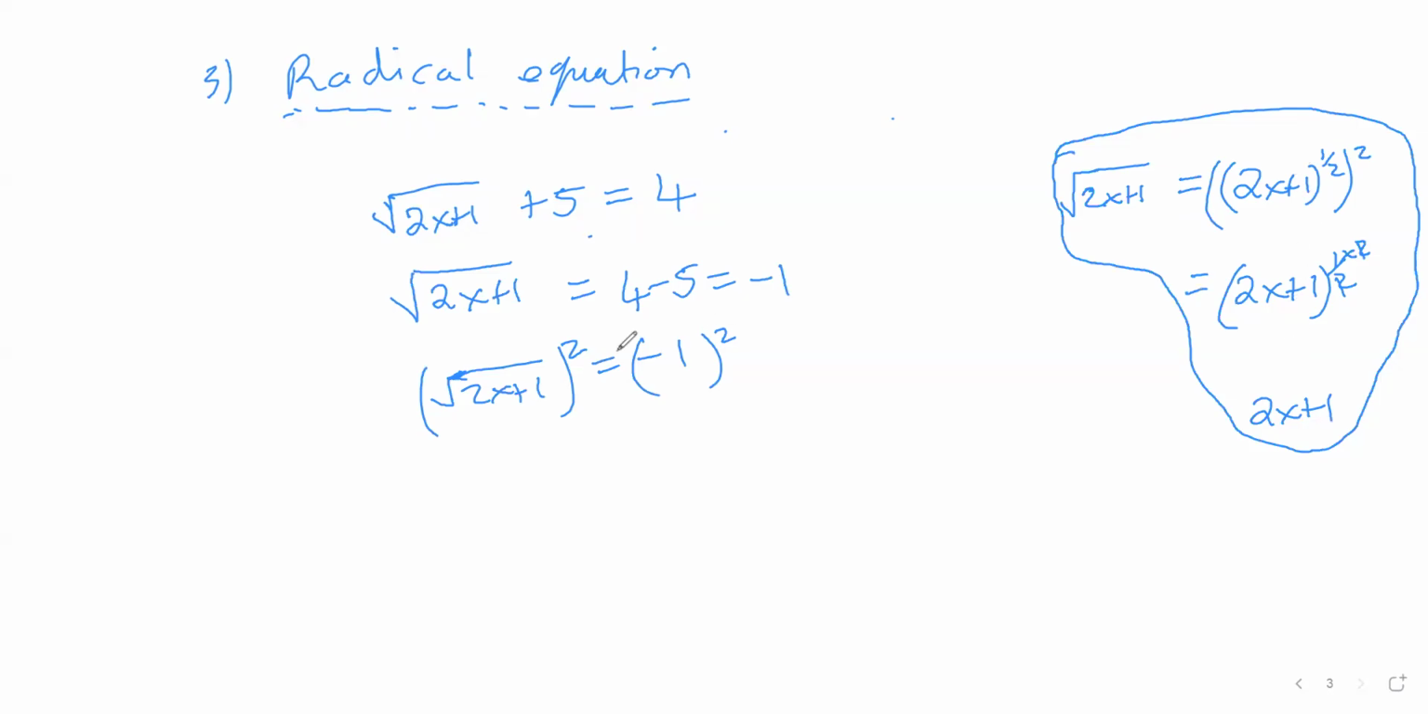Okay, so from here now, the square and the square root sign will then cancel as I have illustrated here. It becomes 2x plus 1 equals 1. And this then reduces to a linear equation, which is easy to solve by isolating x. So 2x equals 0 and x equals 0 over 2, which is 0. Okay, so this is how we solve radical equations in which we only have one radical sign